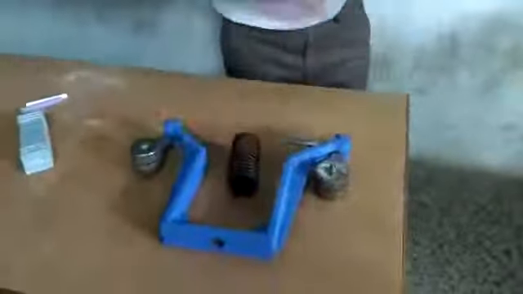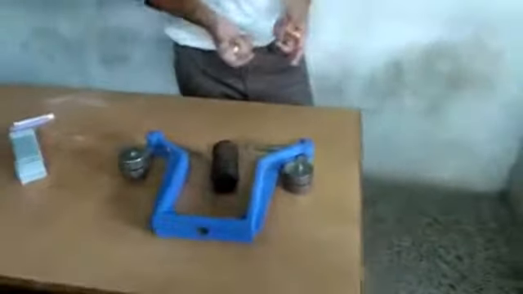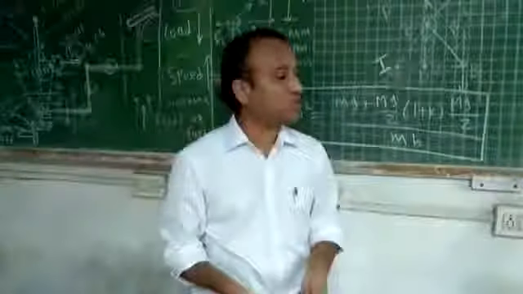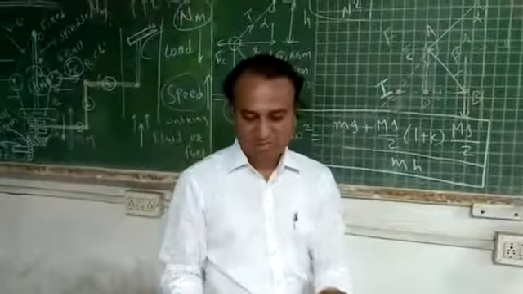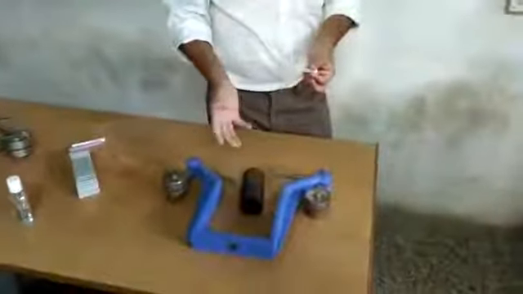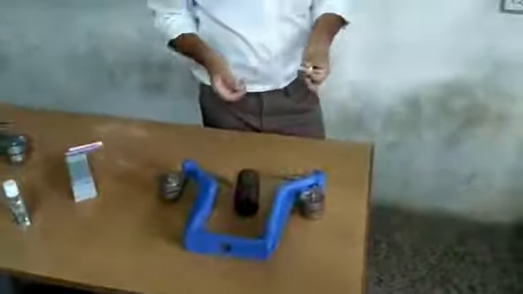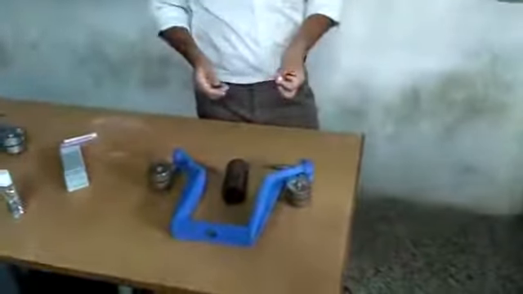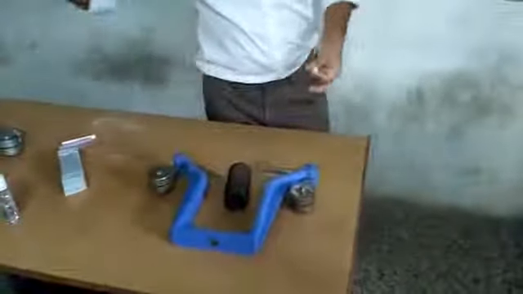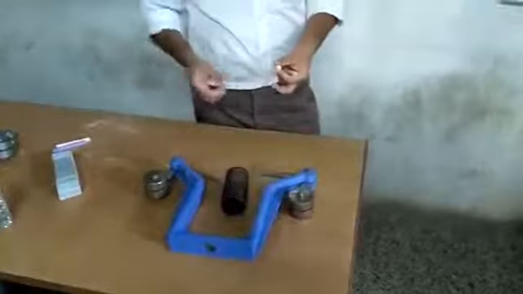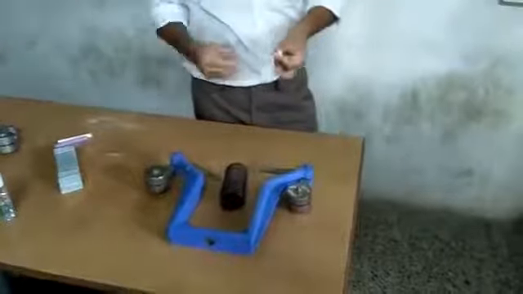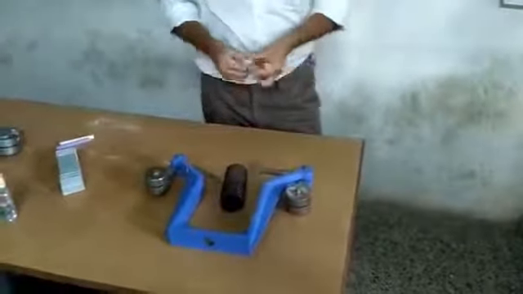Okay, this setup I will attach to the universal governor apparatus, and we will see the variation of speed, that is, the variation of spindle speed versus sleeve lift. So if the speed of the spindle is more, what will happen? This governor ball will move in outward direction. So this will be conveyed to the engine. So automatically the engine speed will be attained to its mean value.